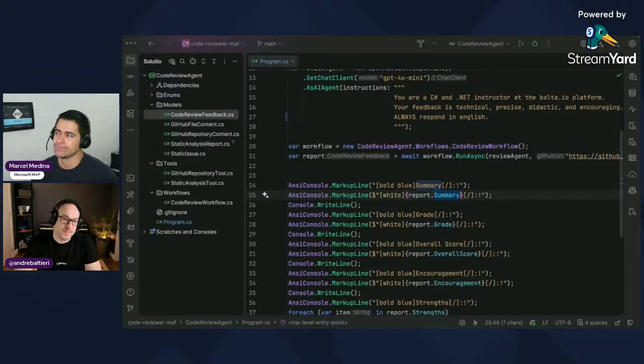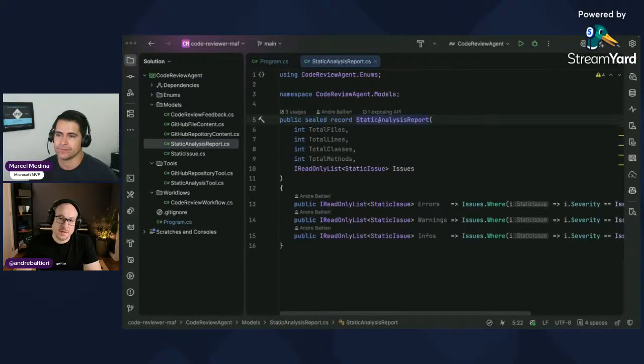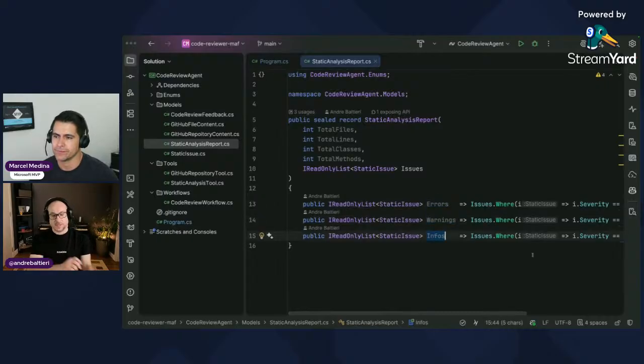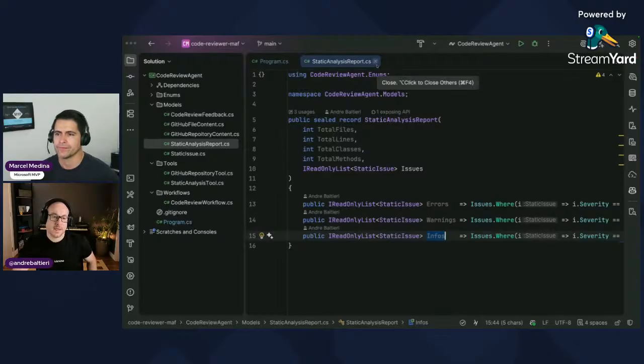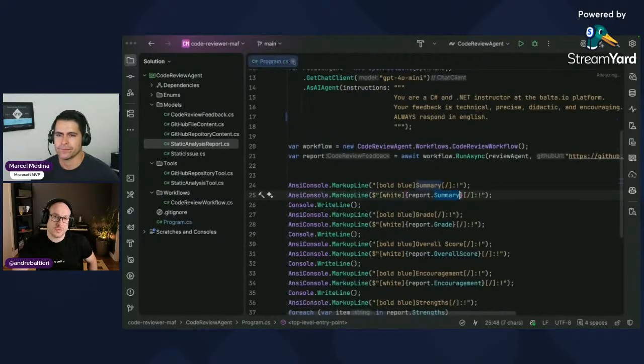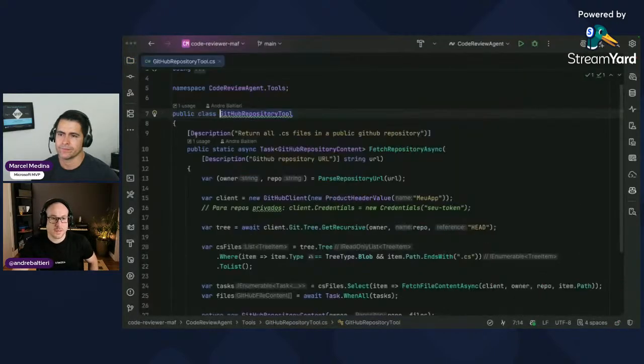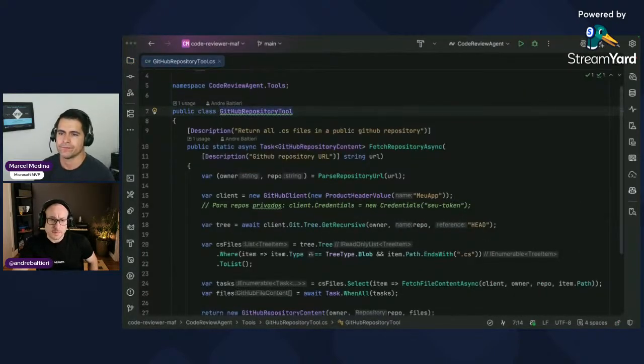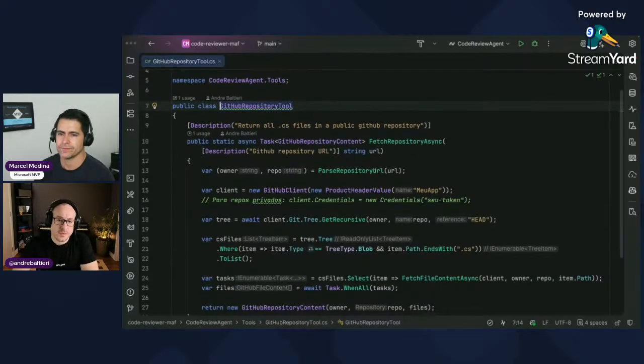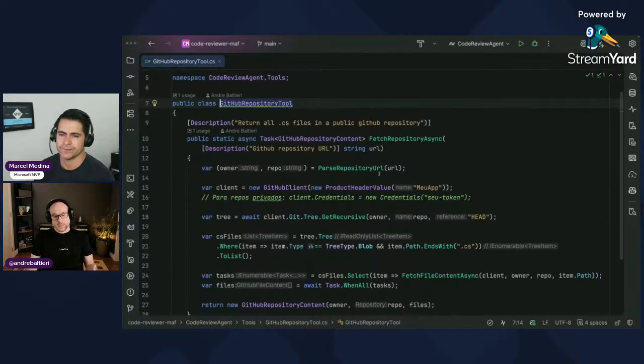So we have a static analyze report, and we have errors, warnings, and infos here, right? So these are three simple lists here. And we have here two tools that will support our agents. The first tool I already showed you because it's the GitHub repository tool. This tool allows the agent to go to the GitHub repo, download the CS files here, right, and interact through